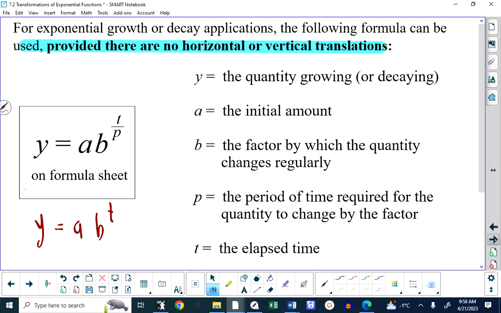Well, now we've introduced another parameter. And listen, there's certainly a way to explain how this parameter of p is related to a horizontal stretch. I don't want you thinking that way, though. Okay? If you want to challenge yourself to try to make a connection between this formula and what we just talked about, which is transformations, feel free. It's not important. This is on your formula sheet. What do you need to know? The first thing you need to know,